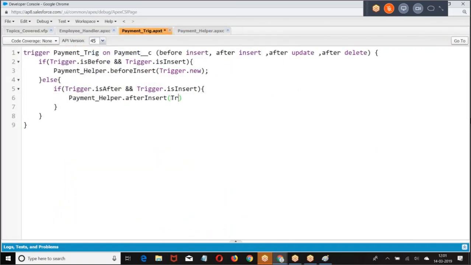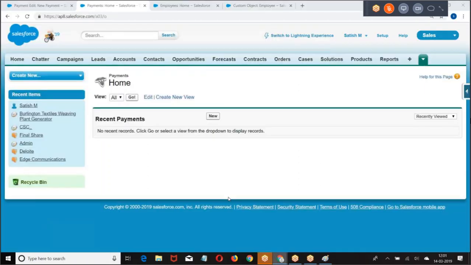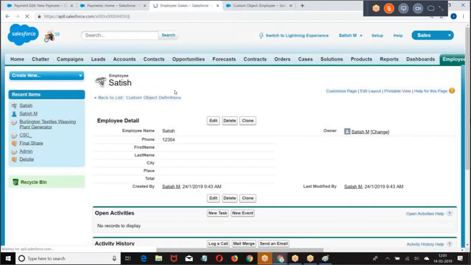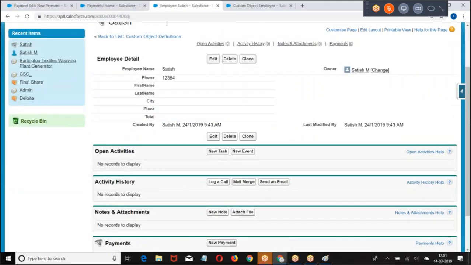After insert, we are expecting that whenever a new payment is made, that payment amount should be added to the corresponding employee. So go back here. Go to any one of the employees. What is the total value we received here?